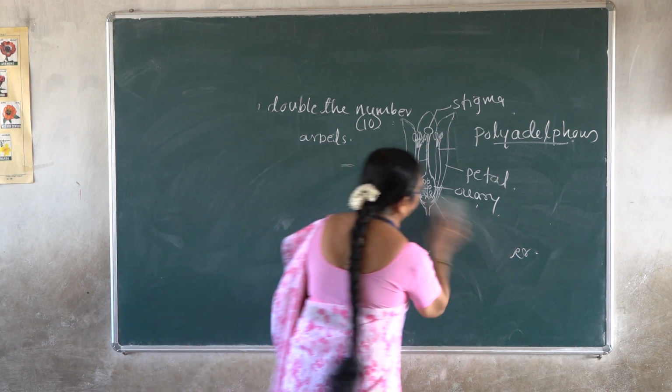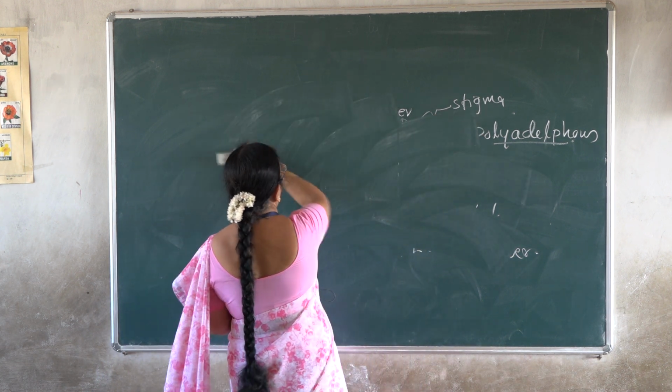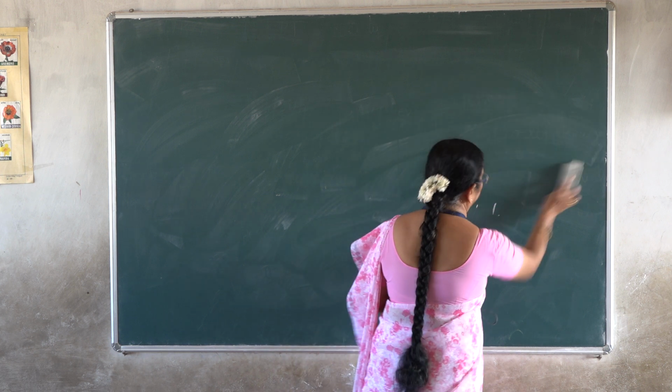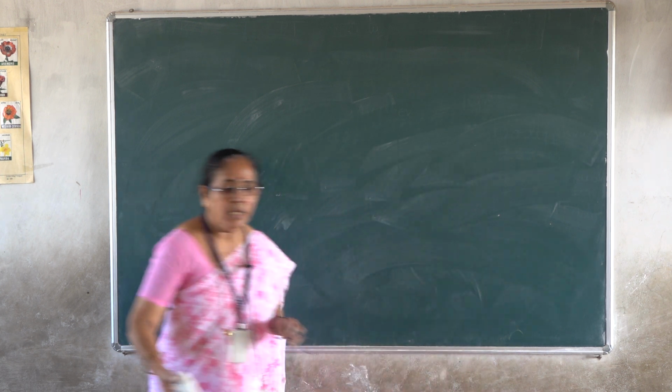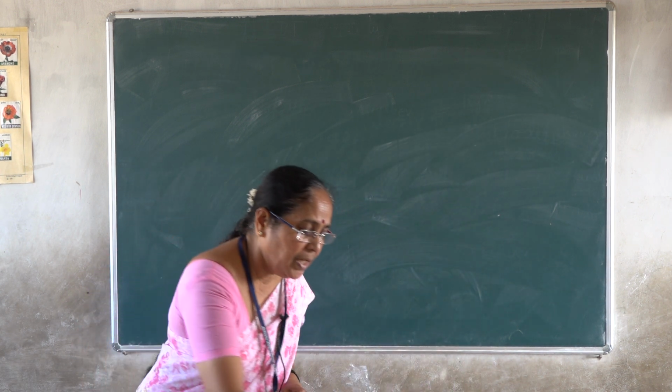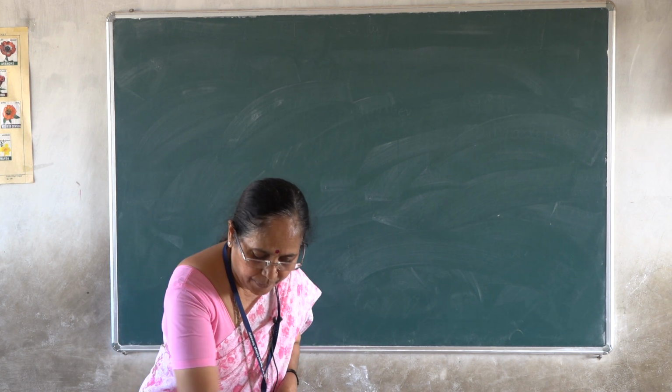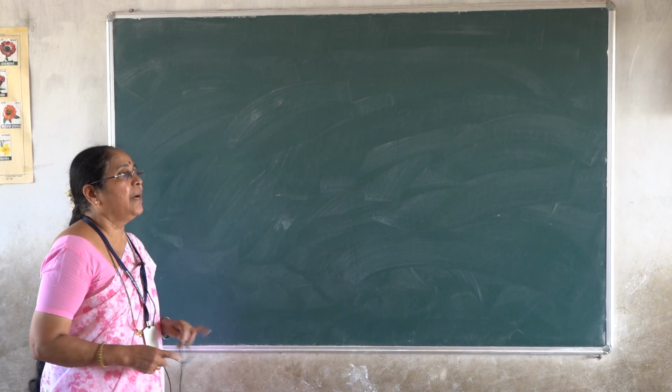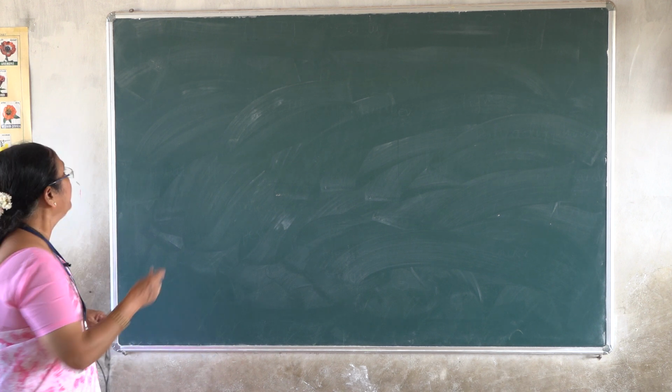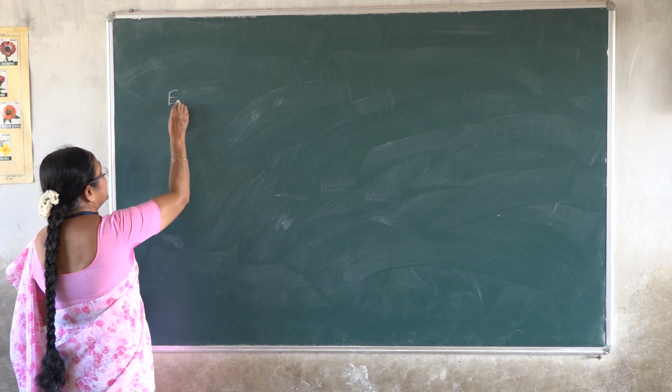To write down the distinguishing features, observe the video carefully, write all the characters, and that is enough for the family Rutaceae. They are the important features of the family Rutaceae. Now I will give you some examples for the family, some common plants.